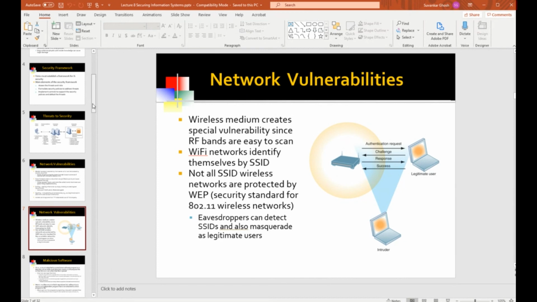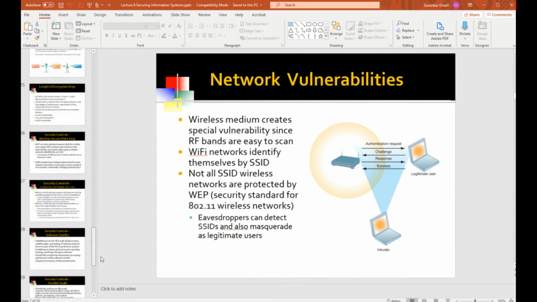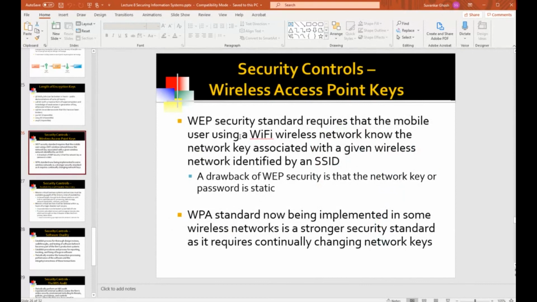The early Wi-Fi standard that was used to encrypt the network packets was a standard called WEP, which used the same key for encrypting all the packets that were flying on the network.